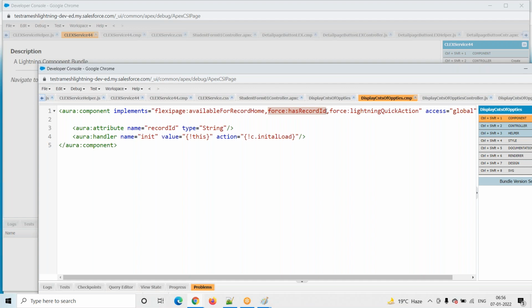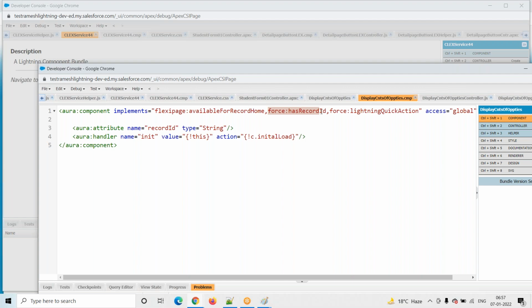Boss, I will give the record id. You are developing one button, so wherever you add that button, I will automatically give you that record id. You have to store it into one variable. Yes, I'm storing it into this particular variable. So this interface tells us that while you are developing a lightning component, and you make this lightning component a button or something, and finally add it to one record.